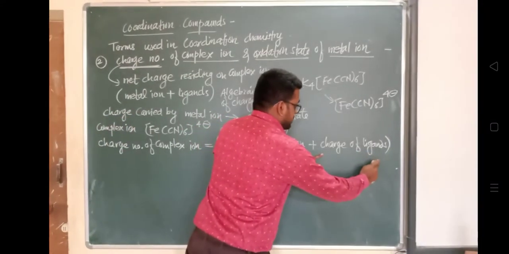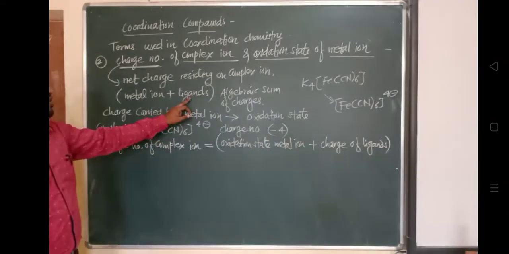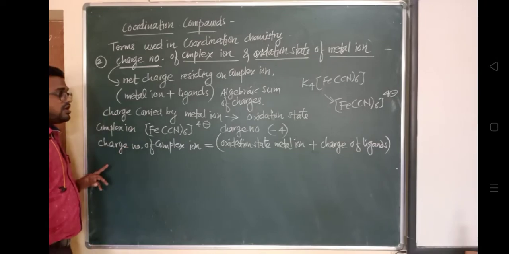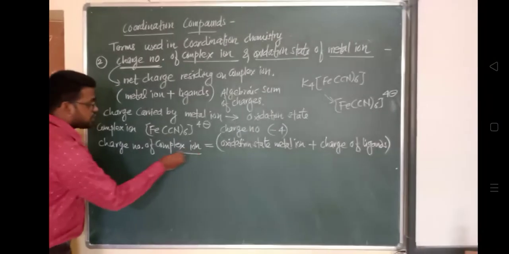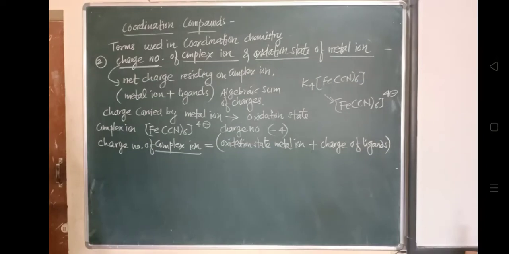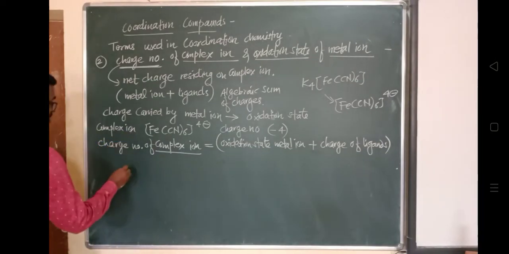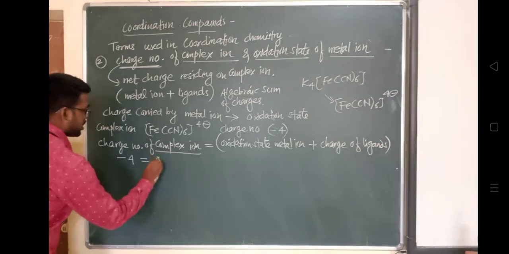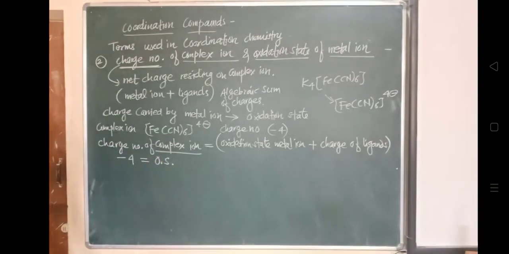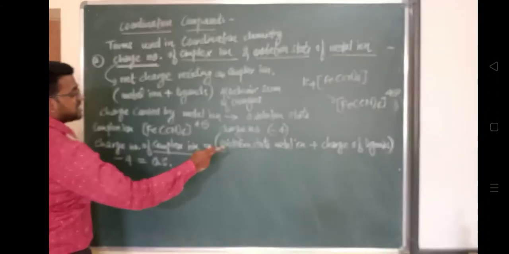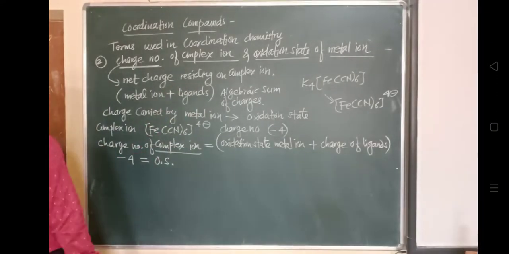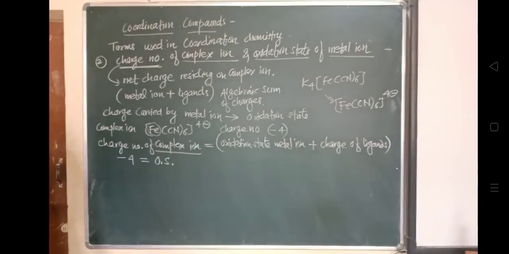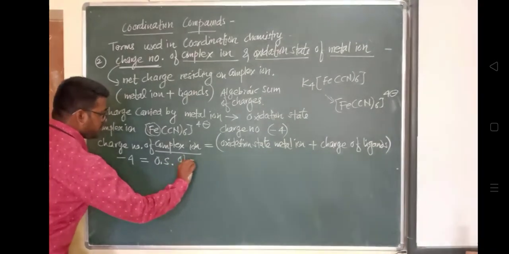atoms of this, how many molecules are present? Cn के लिए 6 है. So 6 multiply by the charge of Cn minus ion, एक के ऊपर एक माइनस चार्ज प्रेजेंट होता है. ओके, सो इन दिस वे -4 इज इक्वल टू ऑक्सीडेशन स्टेट ऑफ Fe प्लस 6 मल्टीप्लाई बाय द चार्ज ऑफ Cn माइनस, कितना चार्ज है इसके ऊपर? -1 चार्ज है. सो इन दिस वे इट विल रिप्रेजेंटेड लाइक दिस.